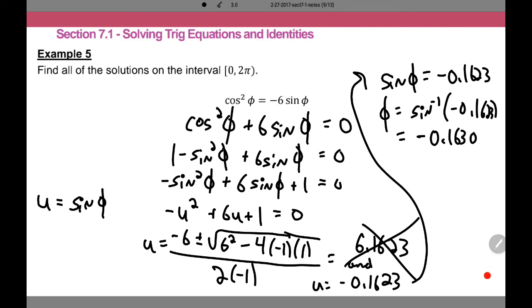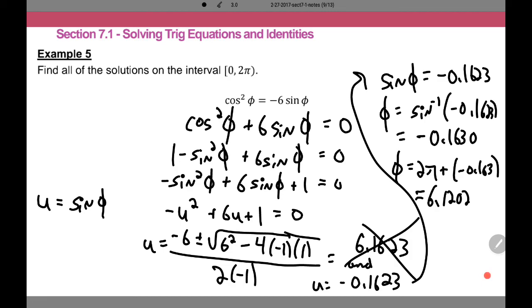And that is not between 0 and 2 pi. So since that's not between 0 and 2 pi, we actually have to add 2 pi to it for a correct value. Alright, so when we do that, we get phi is about